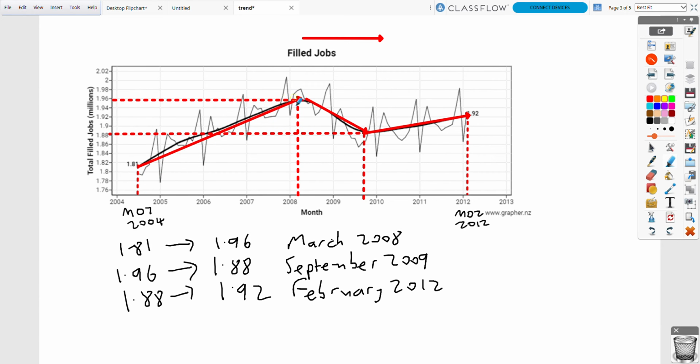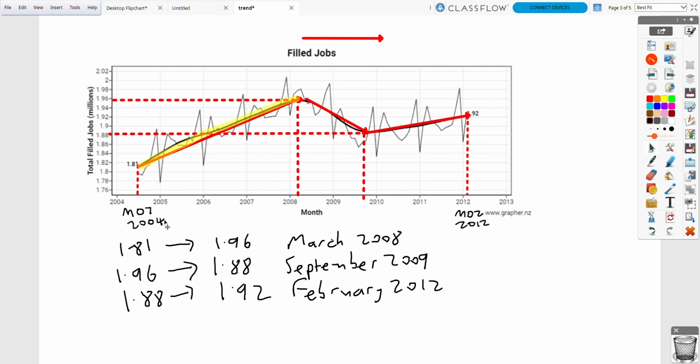When we break the trend line down into this, it's sometimes called a piecemeal graph. So each piece of the trend line we want to analyse now. For the first part, the average increase in jobs is going to be 1.96 take away 1.91, divided by how many months that is, to work out the average increase in jobs there. And we want to put a bit of research into that and find out what could have been happening to cause this increase. Now, I've done some research, and in my data I've also, from Statistics New Zealand, found out that between